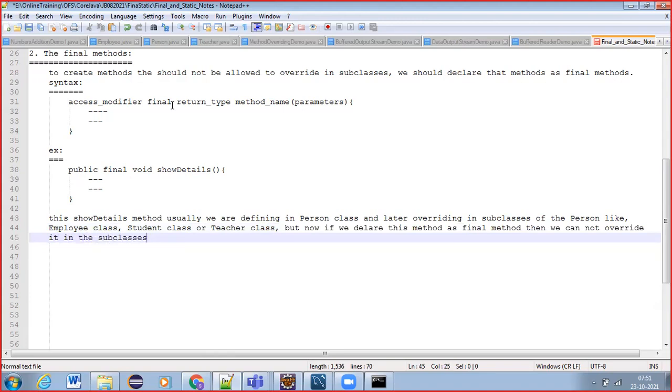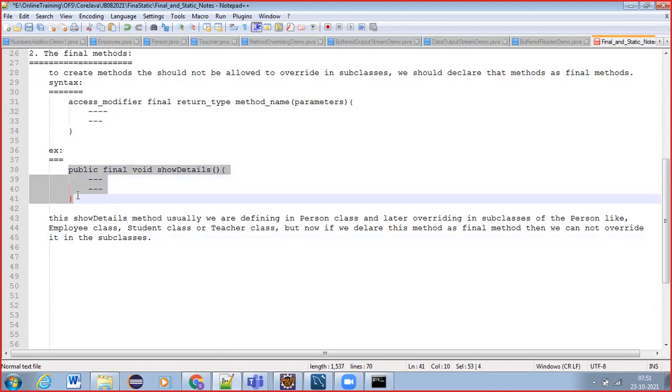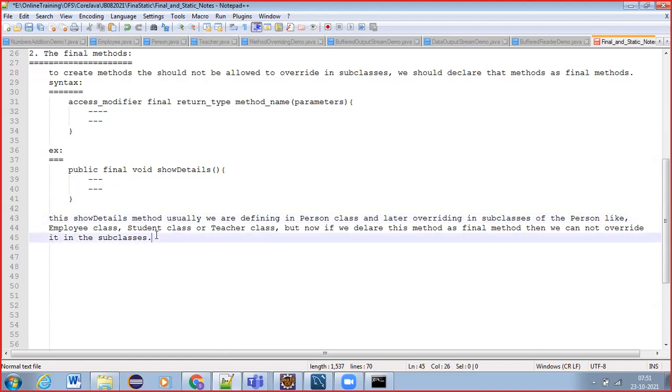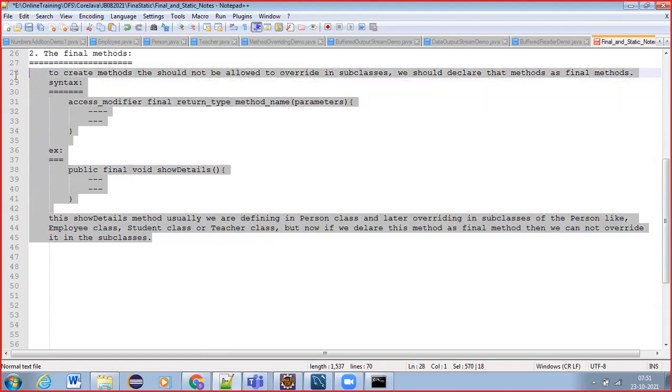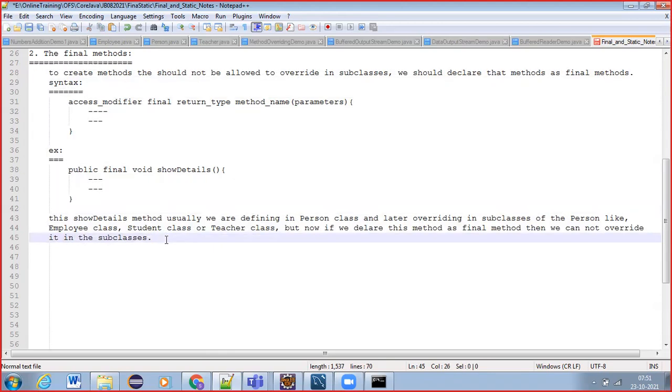So the definition which we are giving in the parent class itself is the final definition. We cannot override it in the subclasses. So these points you need to remember, guys. Is it clear, guys? What are final methods? Any method you can define as a final method, but you cannot override it if it is a final method.